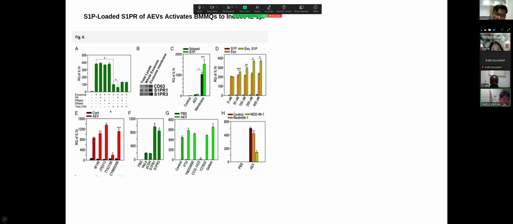It shows that some part of the membrane, which can be either a lipid or some other part, has a role in the activation of the macrophages,